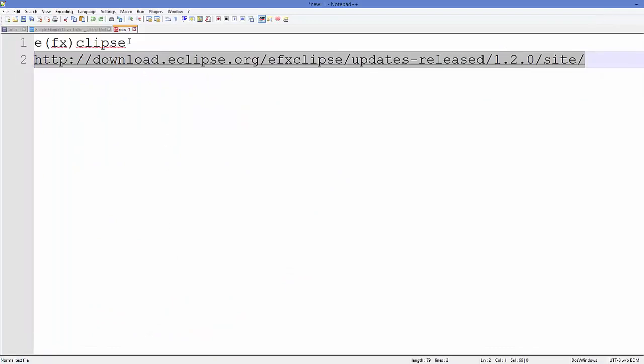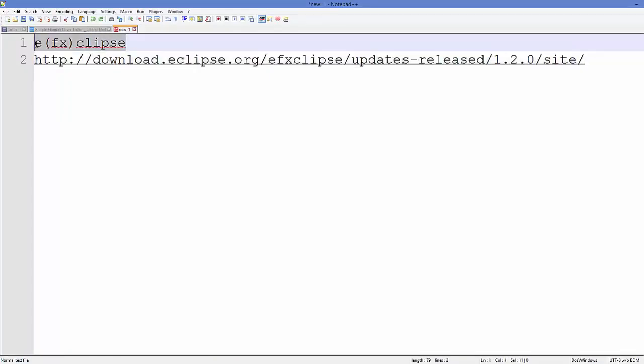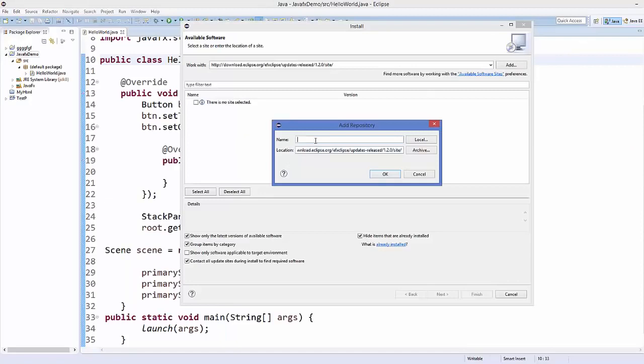So give a name like this, e(fx)clipse. Okay, so just copy the link from the description and then give this name to your repository and click OK,